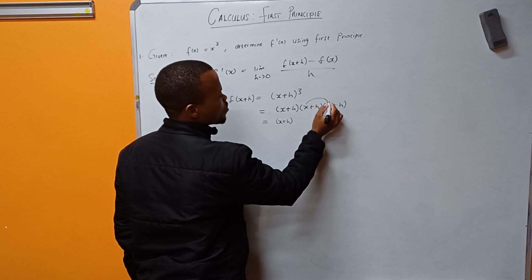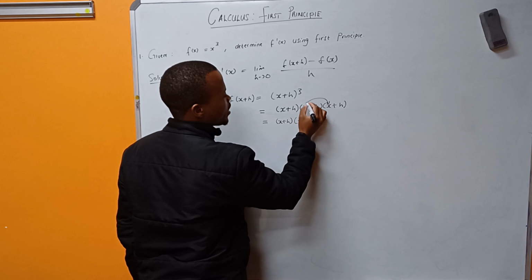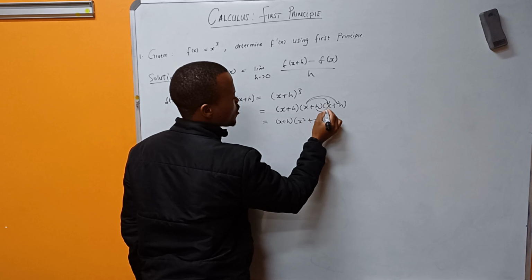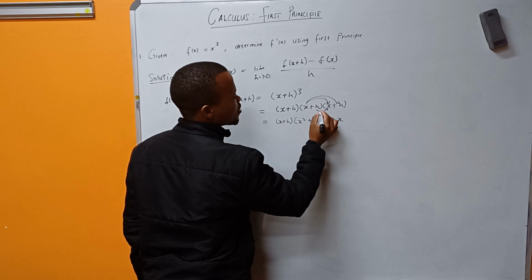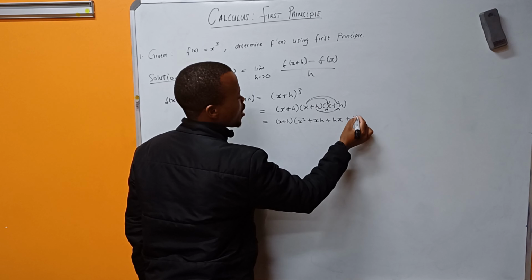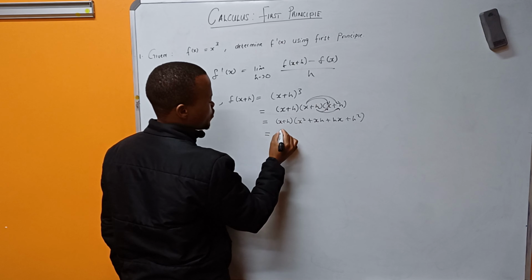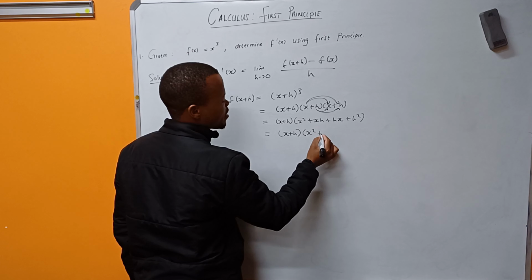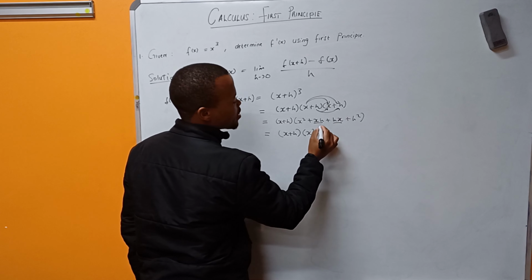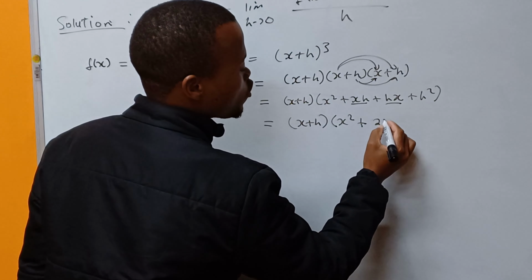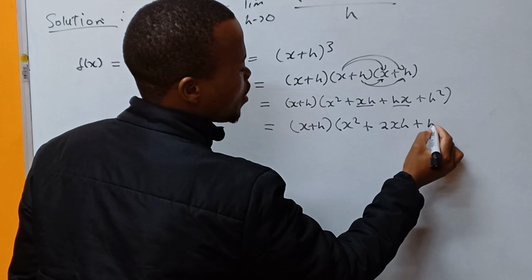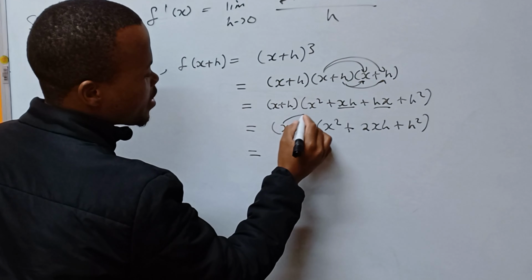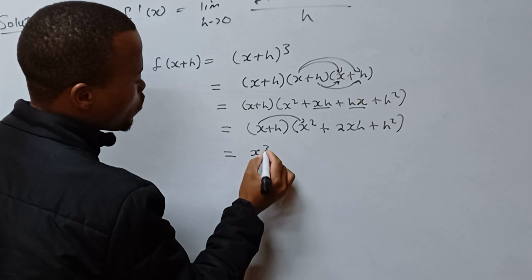If you multiply this one, you get x squared. You multiply x and h, you get xh. You multiply h and x, you get hx. You multiply the two h's, you get h squared, which gives you x plus h into x squared plus the two are equal, xh plus hx gives you 2xh plus h squared. So if you multiply throughout again, x times x squared, you get x cube,